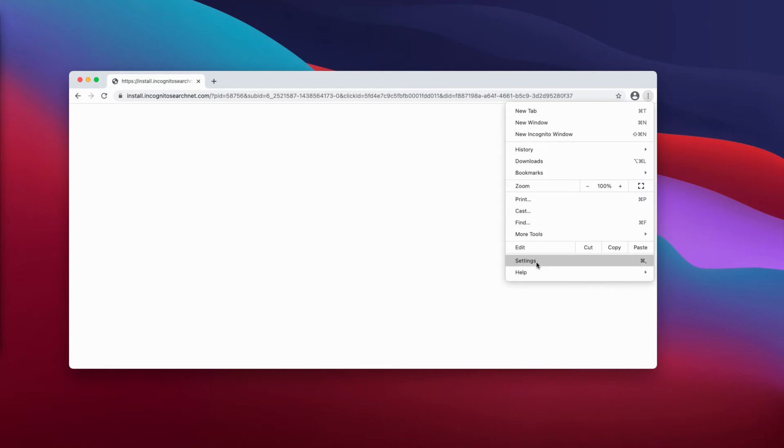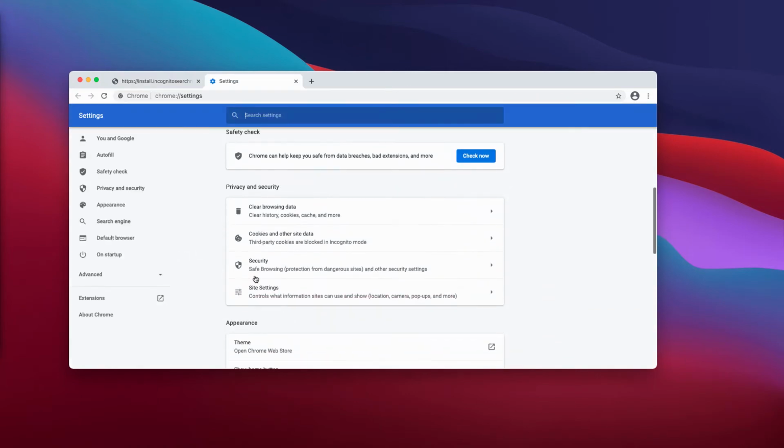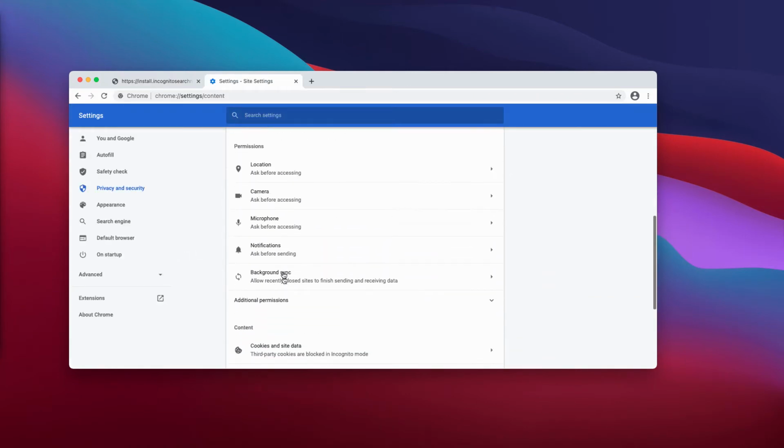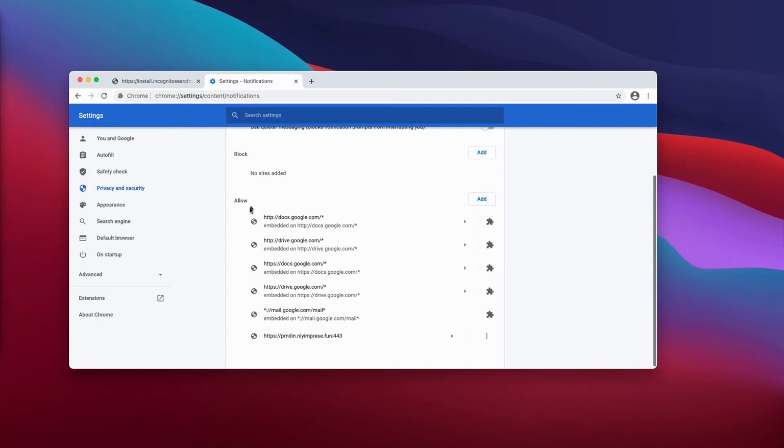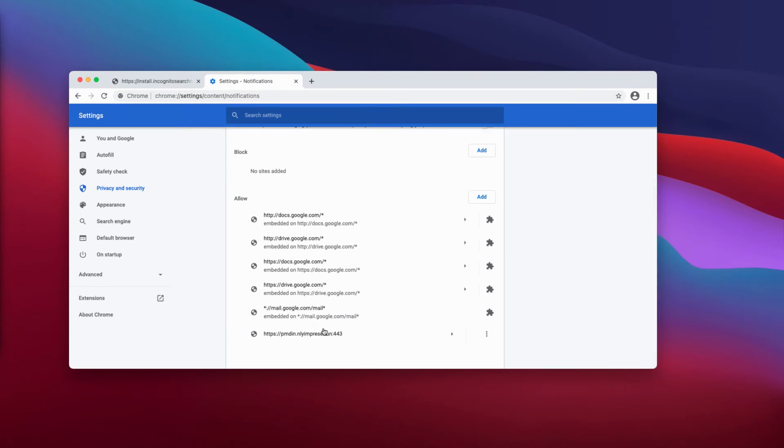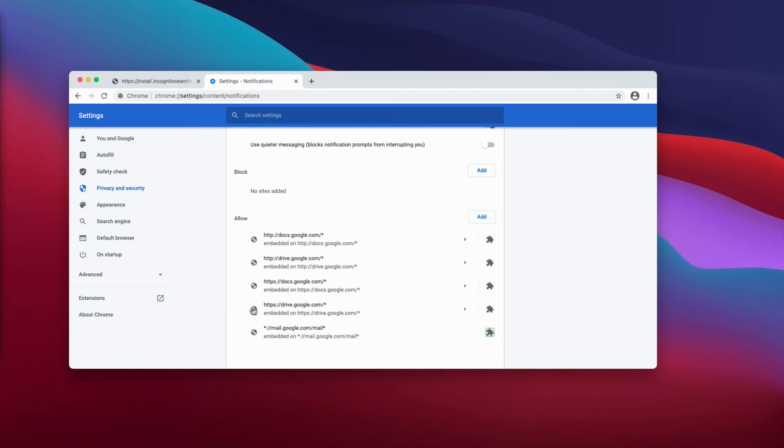Go to the menu, click on Settings, then Site Settings and Notifications. You need to carefully examine the Allow area. If you find some suspicious sites here, like this one, you need to click on this button and remove this